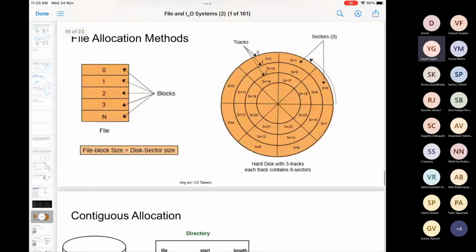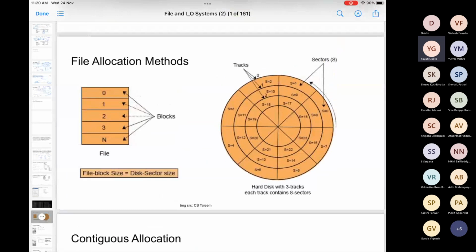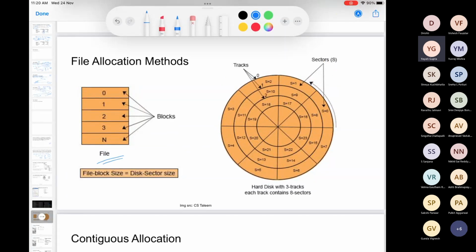So just coming here. Assume that this is your file, right? This file is divided into n blocks. Definitely it can happen that the last block is not complete. Maybe it's filled just up to there, so this much space will be wasted. So internal fragmentation is always going to be there. N blocks here, and let's say these are the sectors. We'll assume that every sector on the entire hard disk is numbered on each of the tracks. So every sector has a particular number. Let's say your hard disk has some M sectors, so all the sectors are numbered from 0 to M, and we just have to decide which block goes and sits on which sector.